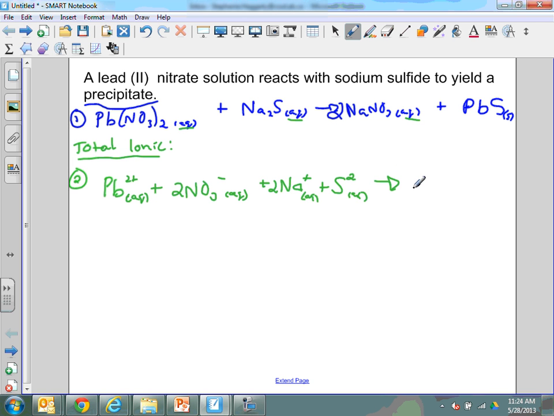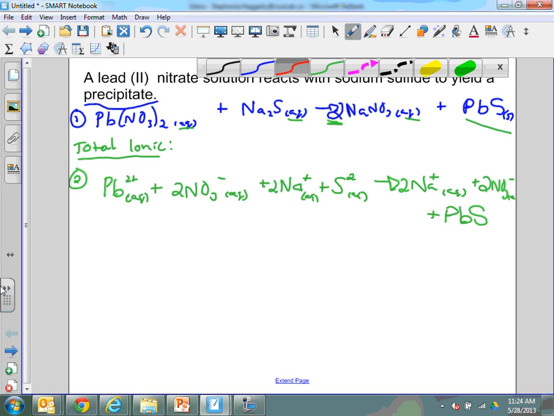Here, my sodium nitrate gives me Na. I've got 2 of this whole thing, so I've got 2 sodiums plus 2 nitrates. And the PbS solid, I do not dissociate that because it's not forming ions. The last step for our net ionic,